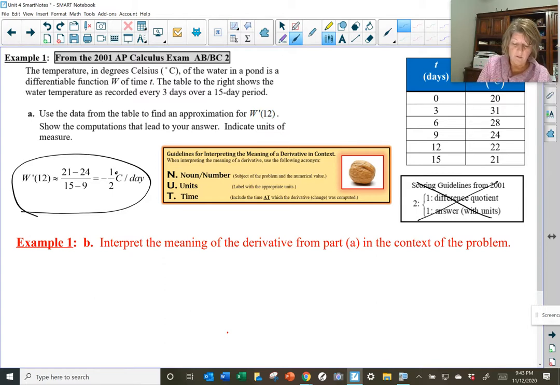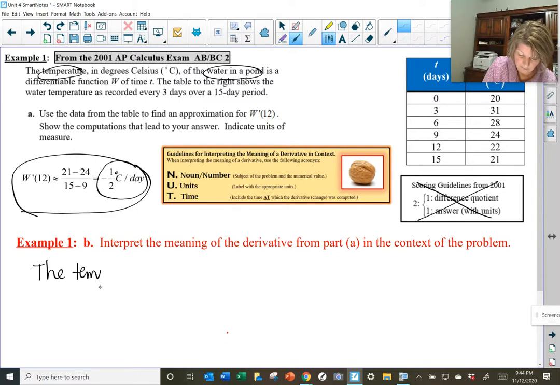So, what does -1/2 degrees Celsius per day reflect upon? What noun would that be reflecting to? Well, I think it's reflecting to the temperature of the water in the pond, right? So I'm going to start out with that noun. The temperature of the water in the pond